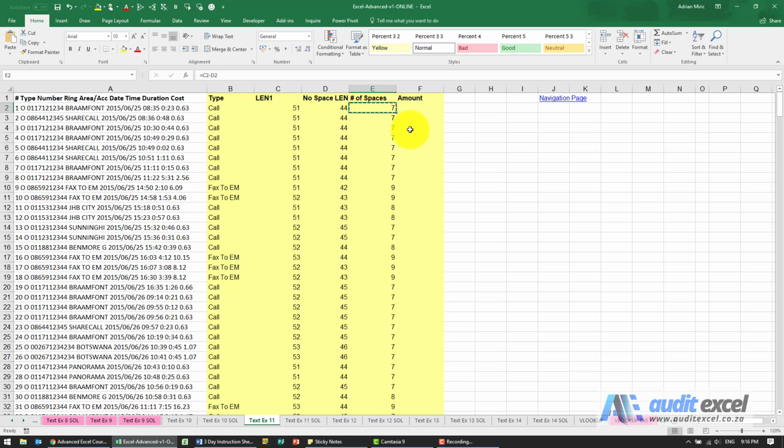Now we get to the part that's a bit tricky. So what we need to do is we need to go to the 7th space, which is the last space, and take everything from there. The problem is it's quite hard to find where is the 7th space. So the way we're going to do that is we're going to put in a character in the 7th space that doesn't exist here. So what we can use is the SUBSTITUTE function,